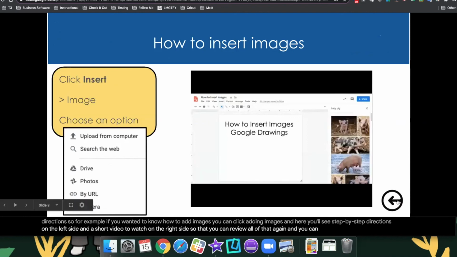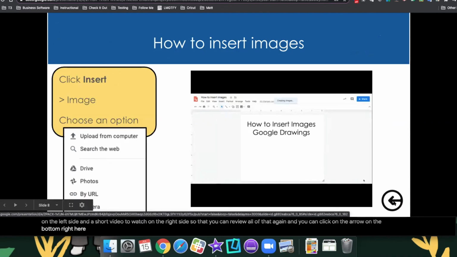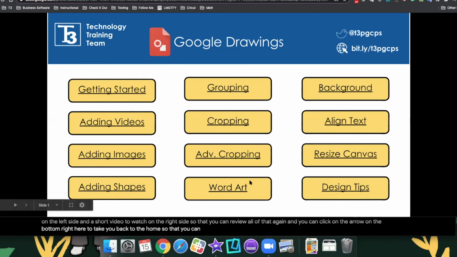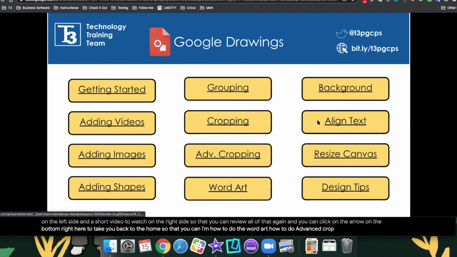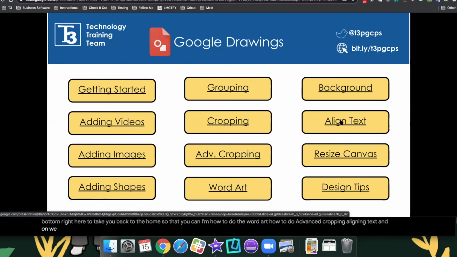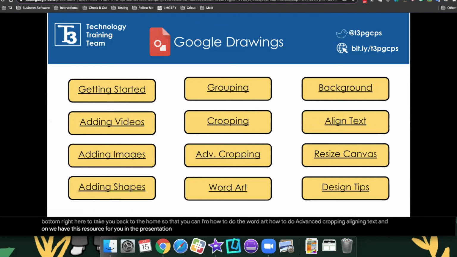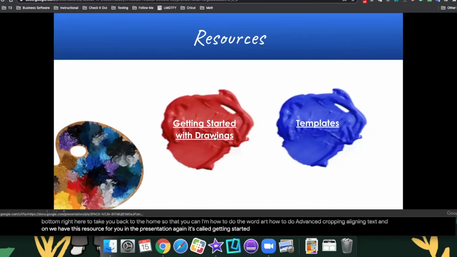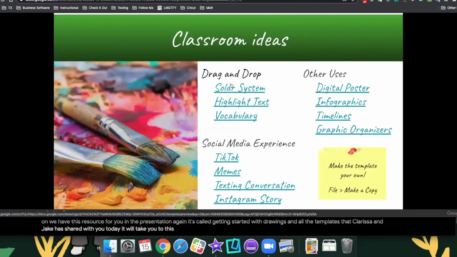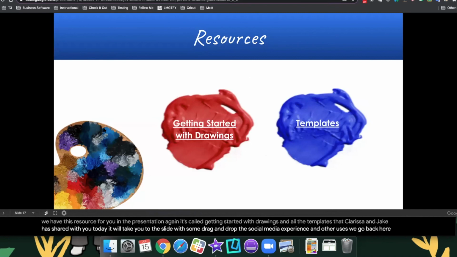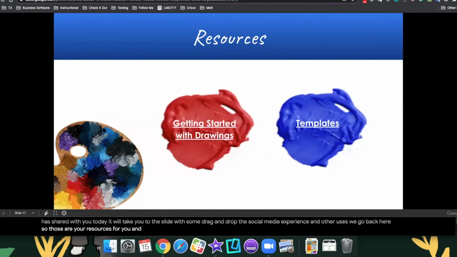And you can click on the arrow on the bottom right here to take you back to the home so that you can see all the different things. If you wanted to know how to do word art, how to do advanced cropping, aligning text, and so on, we have this resource for you in the presentation. Again, it's called Getting Started with Drawings. And all the templates that Clarissa and Jake have shared with you today will take you to the slides with drag and drop, the social media experience, and other uses. Let me go back here. So those are your resources for you, and it will be shared on our